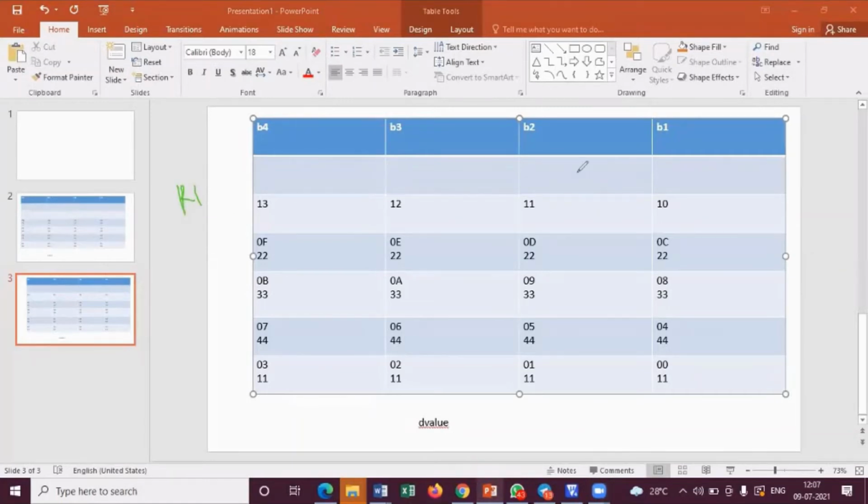See, R1 is a pointer. R1 was pointing to what address? 04 address. Correct? Next, R2 register was having what data? R2 register was having data 4. And I will not write all the numbers. It is 4444. R3 was having what data? 11. I need to swap these two numbers.